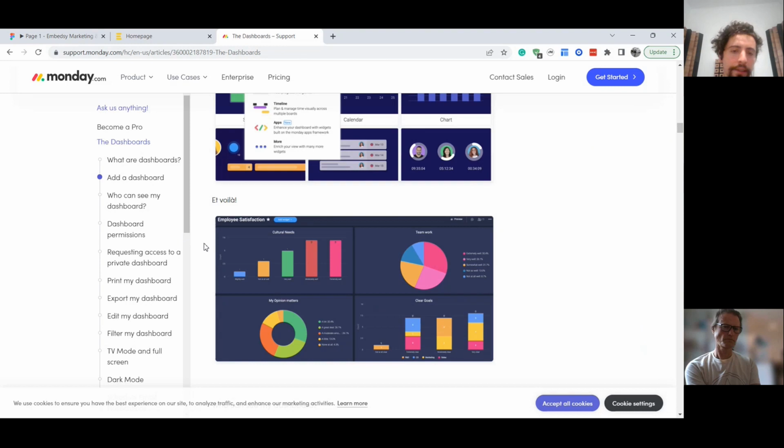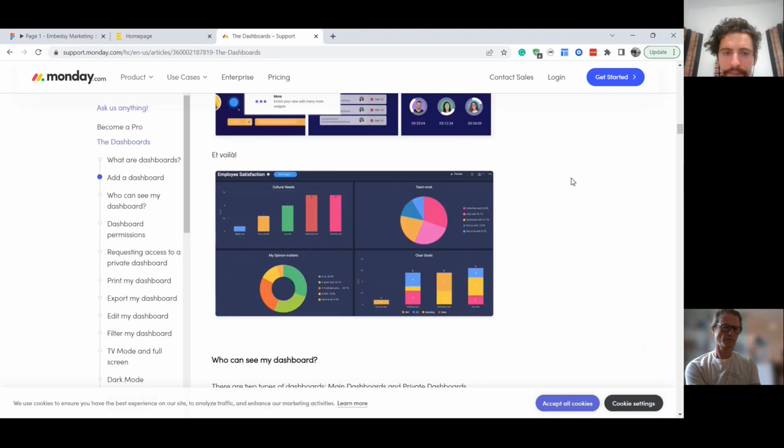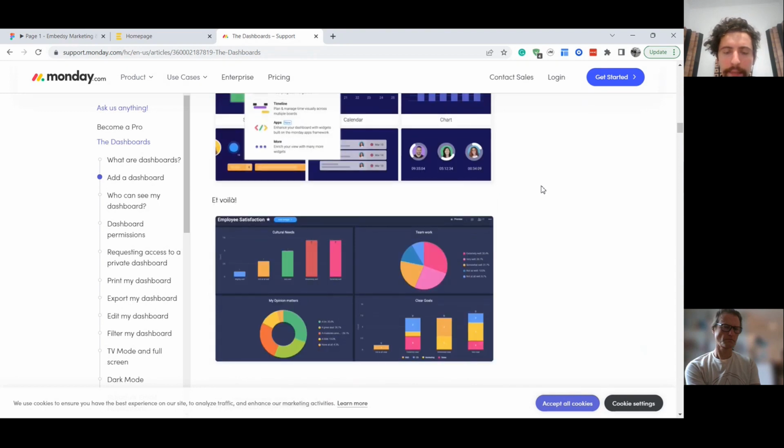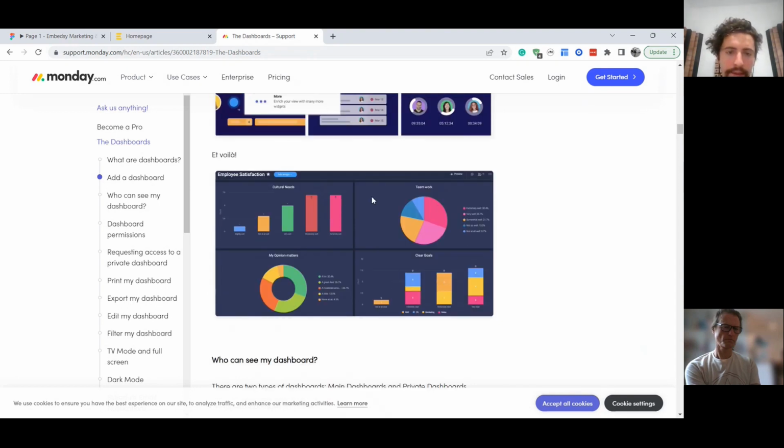For example, Monday. I don't work with Monday. I know of their platform. There are a lot of other tools like this. Right? They have a dashboard section, and you can build your own reports and see your data regarding whatever you have in Monday.